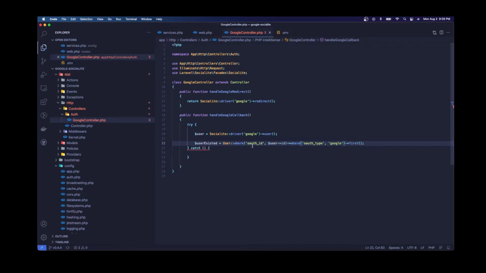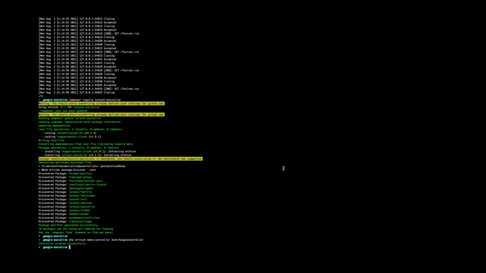So, and we don't have those columns. I'm gonna go and add new columns to the table. For example, I'm gonna do just php artisan make:migration, and add Google OAuth columns to users table. So yeah,